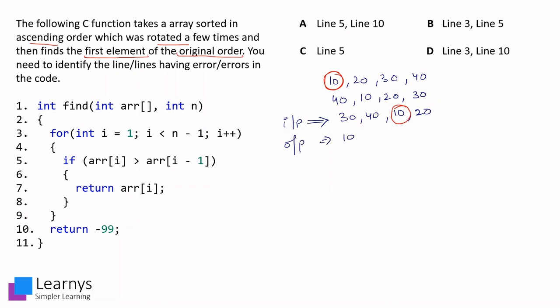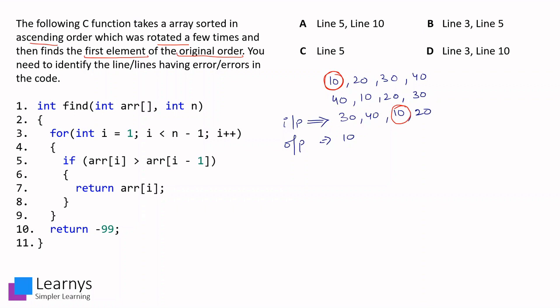Now let us first see for syntax errors. When we scan our code for syntax errors, we will check for the braces, the data types, the identifier names, semicolons, whether everything has been written in proper syntax or not. As we scan each and every line of the code, we see that the function is syntactically perfectly correct. Now let us see for any logical errors.